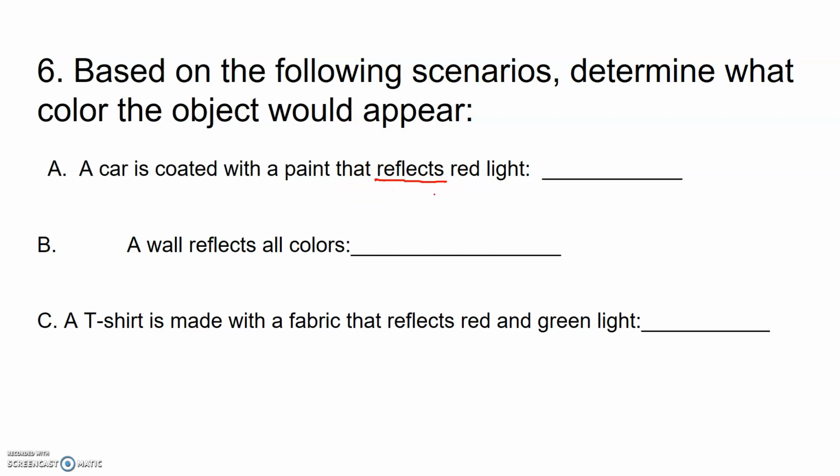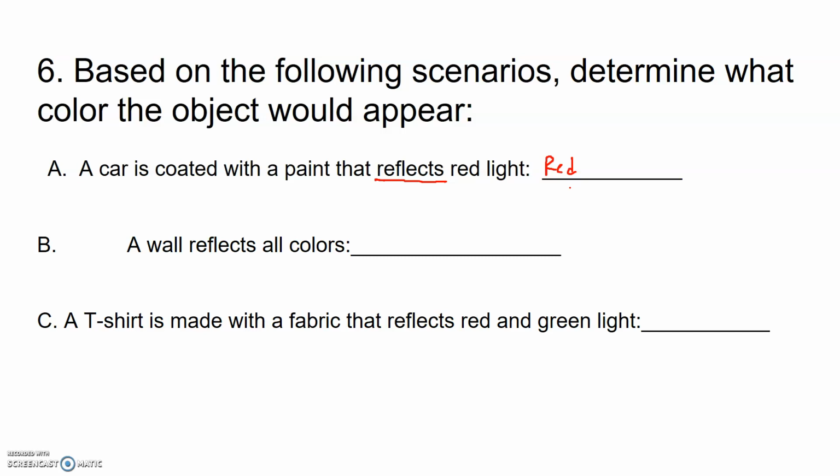And remember that we talked about that objects appear the color they reflect. So if you have a car that reflects red light, it should appear red, because that red light is coming back into our eyes. So light comes in, it reflects back off the car,